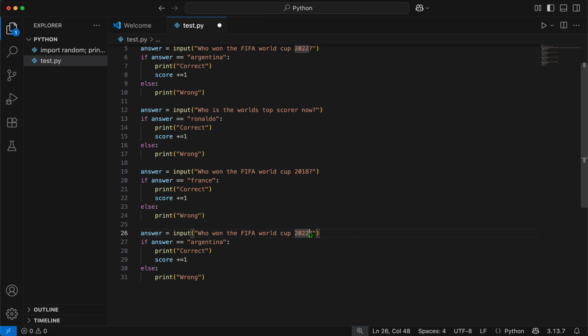Now let's copy it again and let's change the question again. Like we can ask, who is CR7? If the answer is Ronaldo, it's correct, and at the end we have to